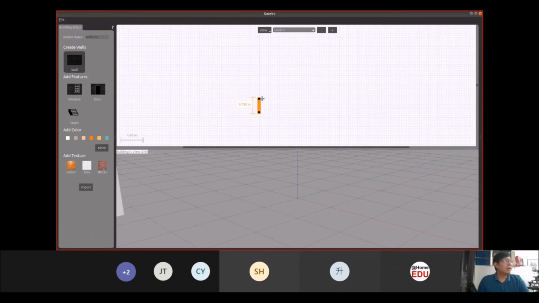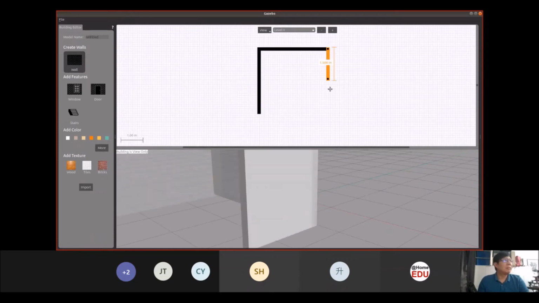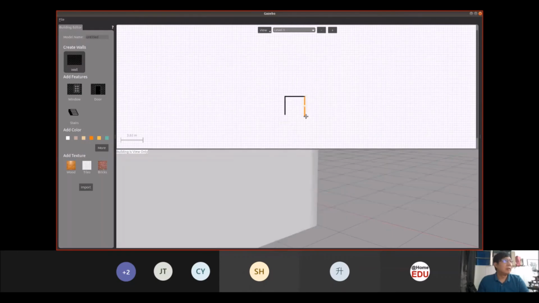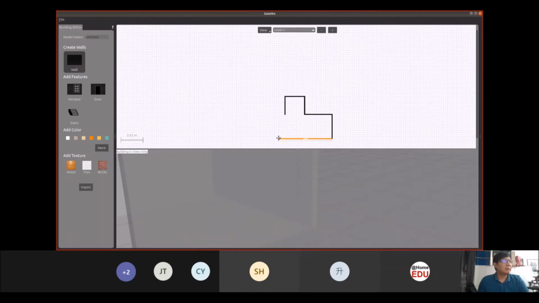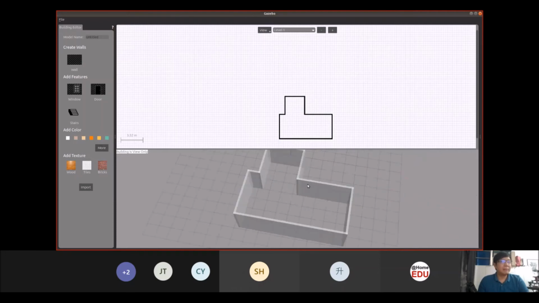So you can create walls. If you see from here, I've already created a room itself. Then you can use the materials that you saw in the Gazebo repository just now. You can put furniture inside, put a bookshelf inside, and you can add texture to the wall itself.